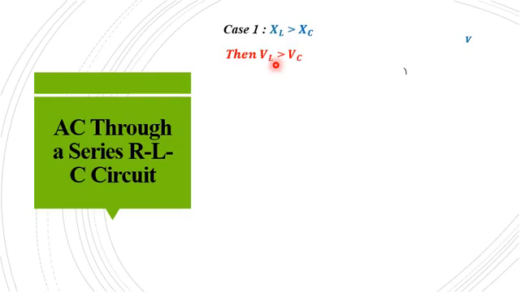So our aim is to find the current through such a circuit. For that, we need the phasor diagram. Here current I is taken as the reference phasor, because the reference phasor is the parameter that is common to all the circuit elements. Since this is a series circuit, current will be the same. So current is the reference phasor, and the reference phasor is always drawn horizontal. So this is my current phasor.